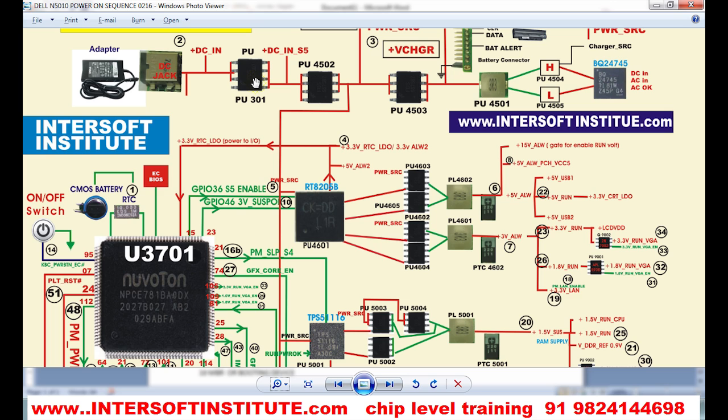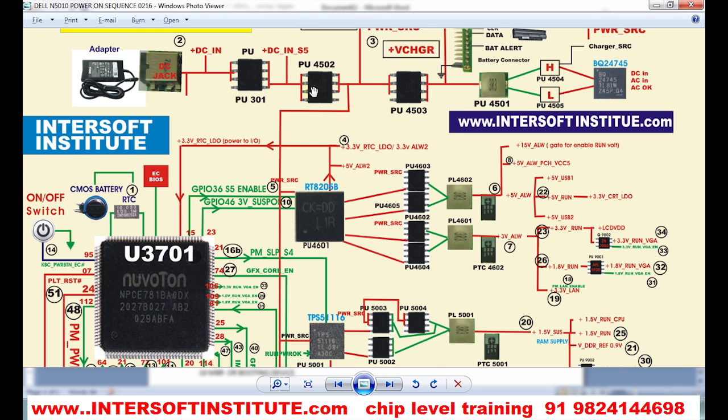And then one protection. There are always two protection MOSFETs. In some cases one MOSFET and one diode, or dual MOSFETs, anything will be there. One is source to drain and the other drain to source. And the gates are connected with the ICs. If there is an internal short, the gate will be disabled and the source to drain will not get power. And drain to source, like that; for controlling they are using two MOSFETs.